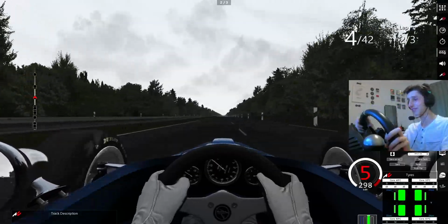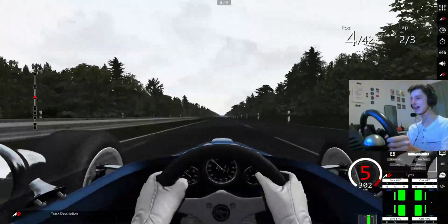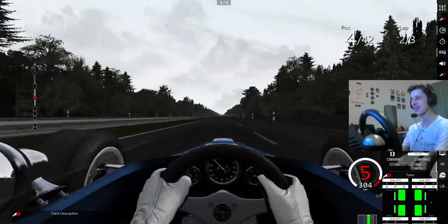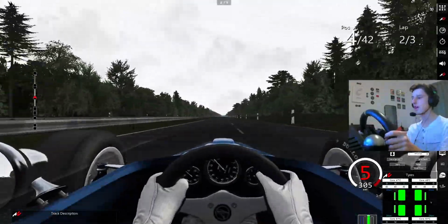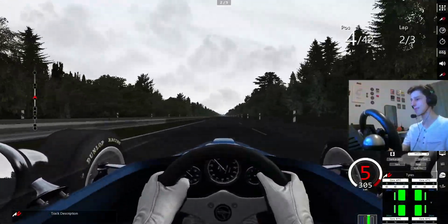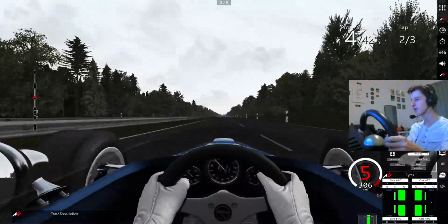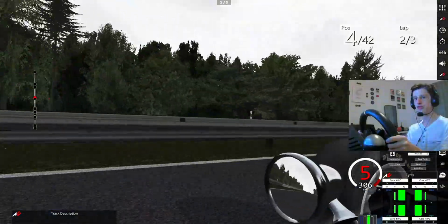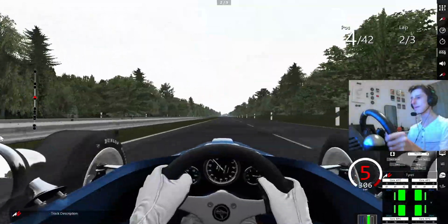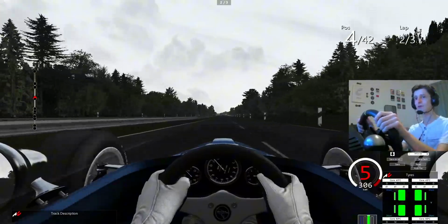So, we've effectively held that position going through turn 1. He definitely had a look on the outside, and I got quite a bit of a swap going on as I downshifted into 2nd gear. So we now know for the final lap to not downshift too aggressively and run the revs too high, because that'll happen. And we definitely don't want to have a spin, as we're in a very nice position. P4 out of 42 cars. But where is that Matra? He is dropping back from us. So we've had a good enough exit coming out of turn 1 to break away from the P5 car,